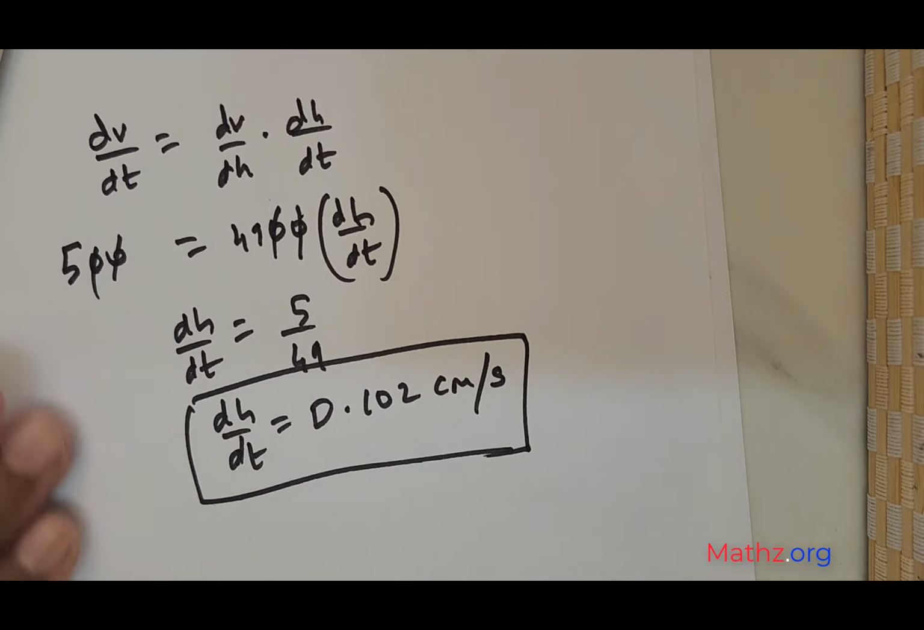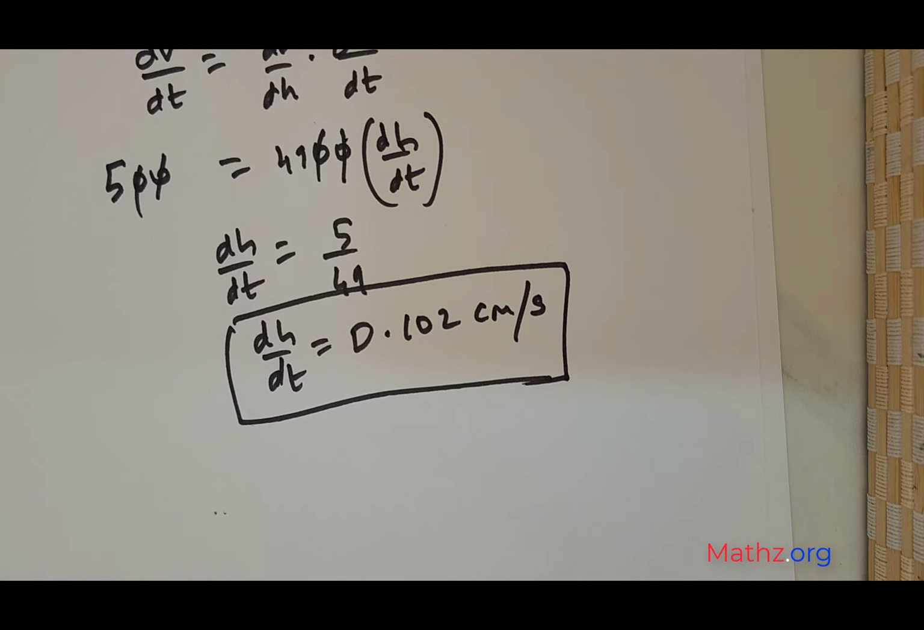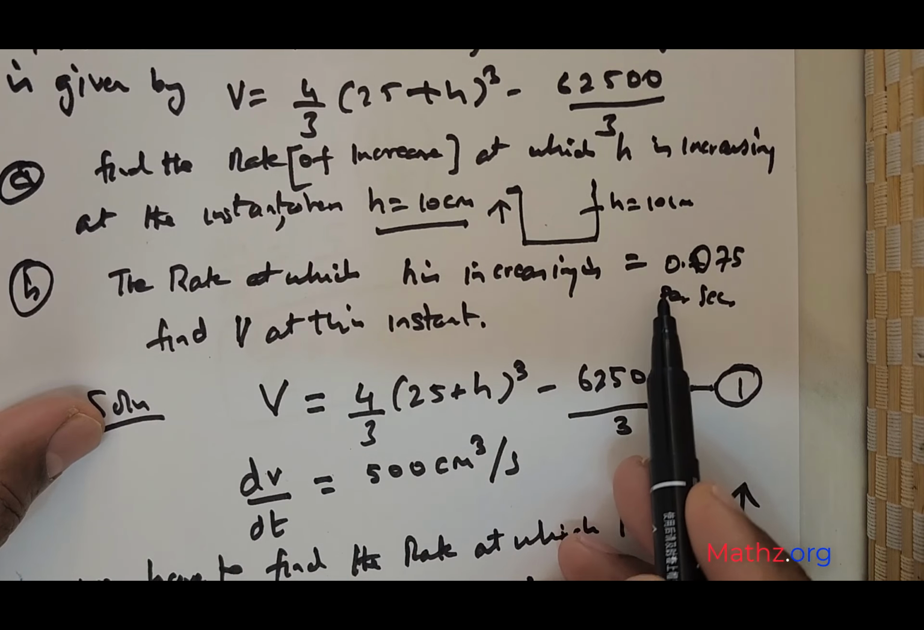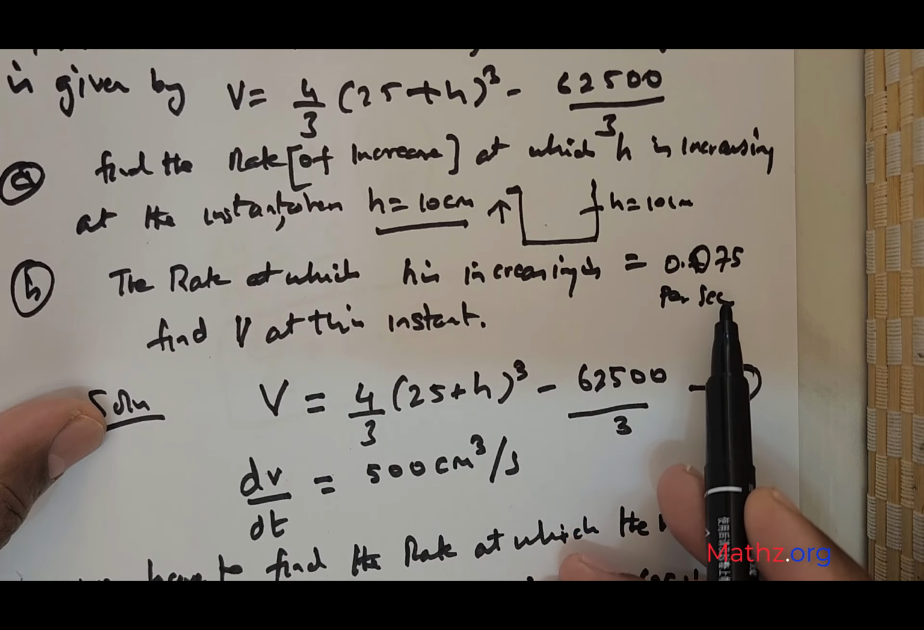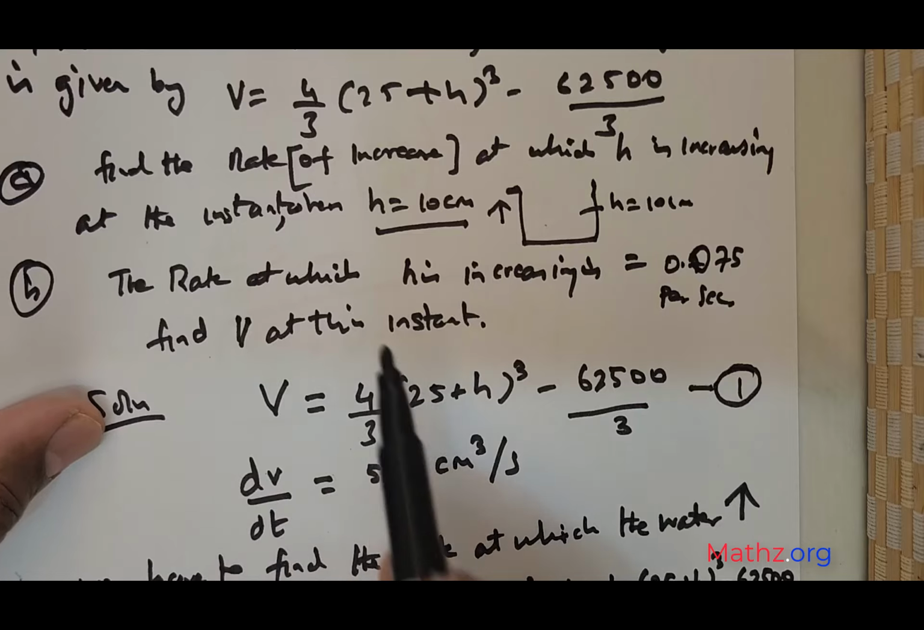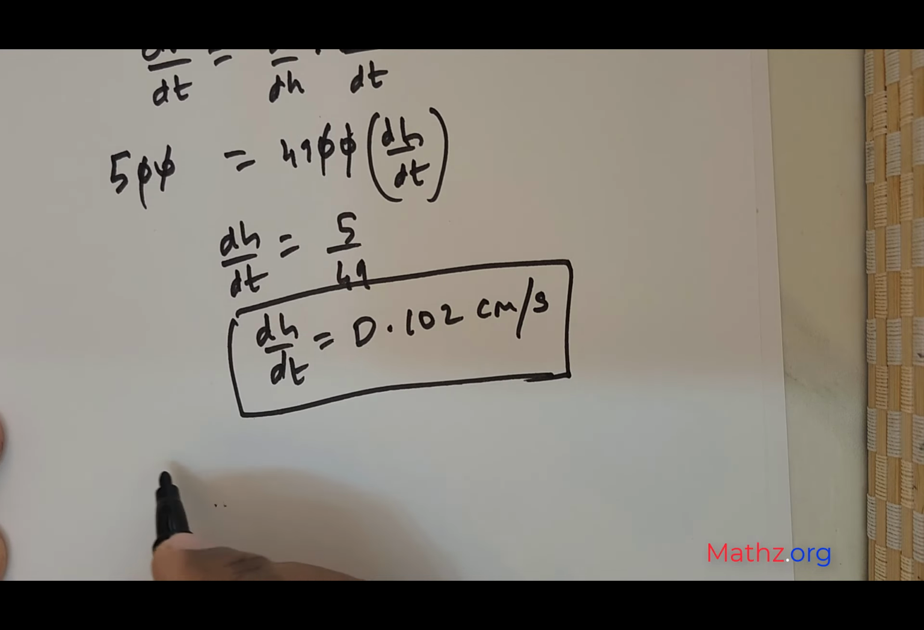Okay, let's move on. Now we've got the second part. What is the second part? You see here h is changing at 0.075 per second. We are asked to find V. So we know this information. What do we know? We know that